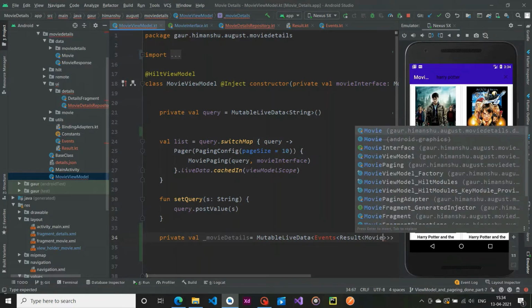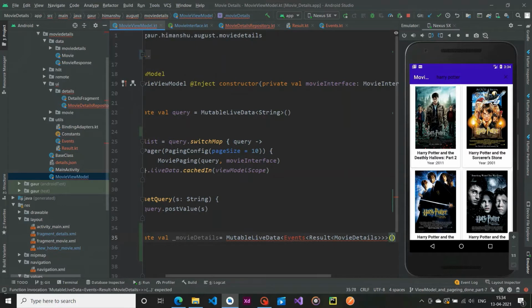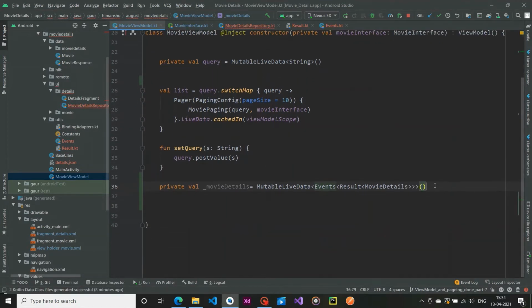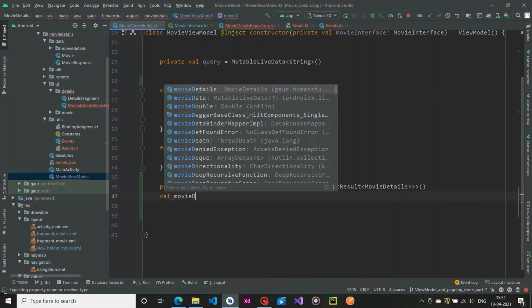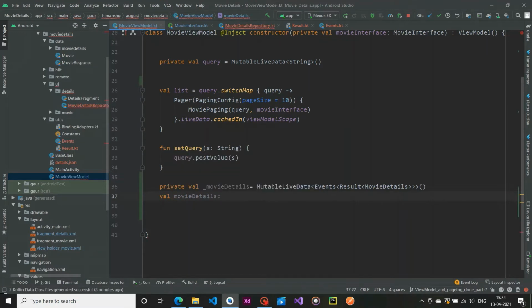Result type is movie details. Import this event by pressing Alt Enter, minimize this, and after that create a variable movie details in order to observe this in our fragment.